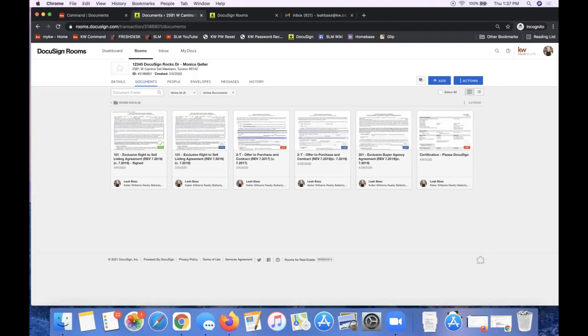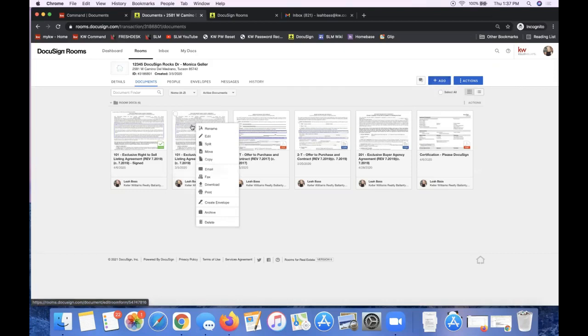When you open your room, it'll take you to details. So make sure you click on the Documents tab. And now to apply that template, you would have to add that form to your Docusign room first. Okay, so the process is you would add the Docusign form first, a blank copy to your room, and then it will allow you to apply the template. So again, you'll have to add the form by clicking Add Docusign Forms. Then once you right click on it,